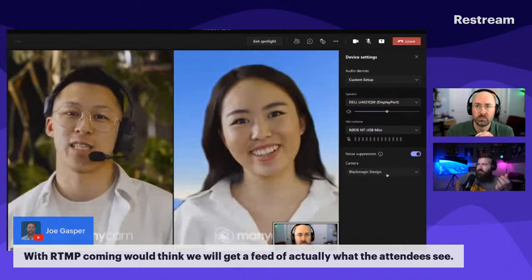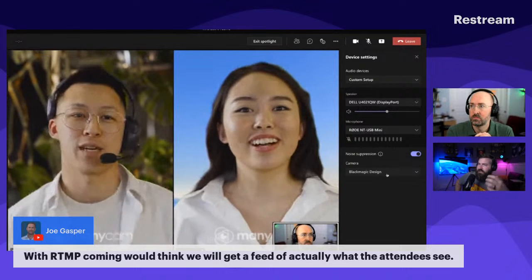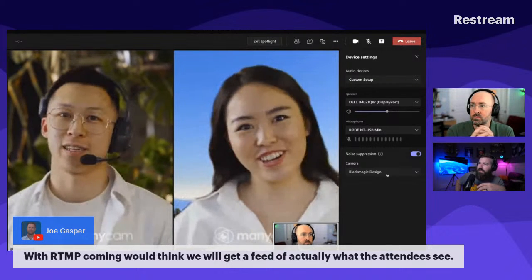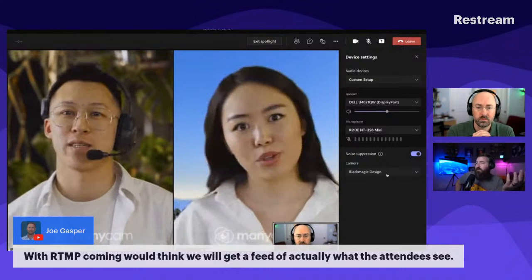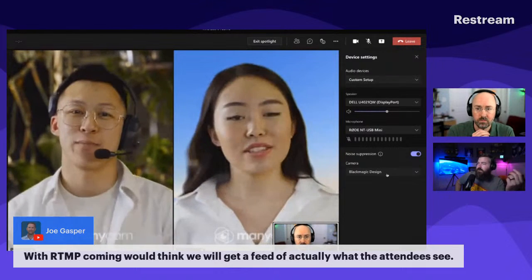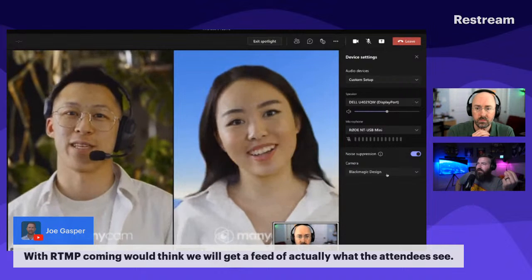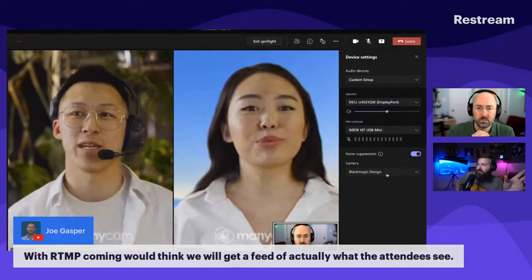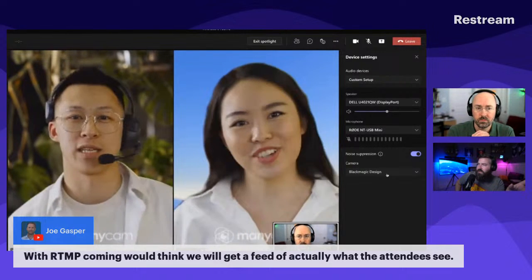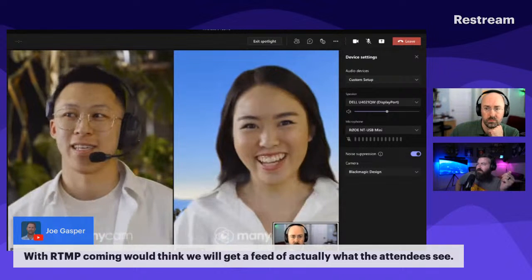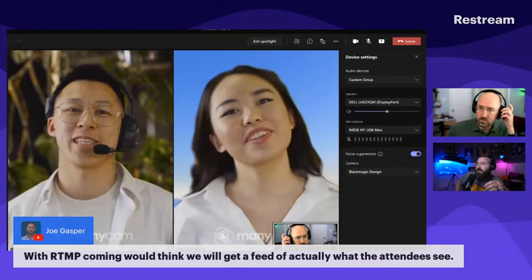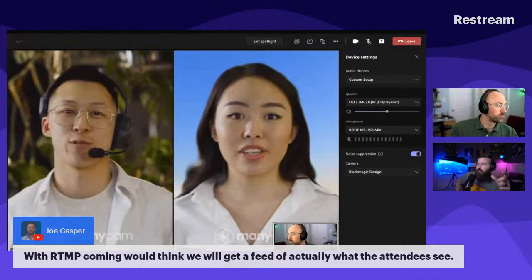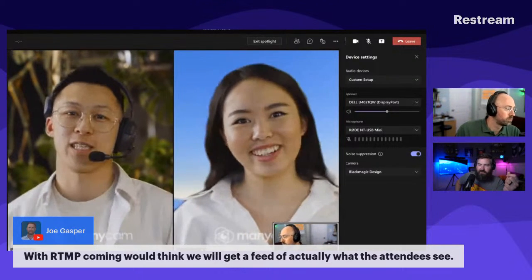I haven't seen what RTMP out looks like, but what you could do is stand up an RTMP server. You can do it with a Raspberry Pi, or on your local computer. And then you could stream the Teams meeting to that custom RTMP server, and even though it doesn't have any watchers, you could just record it that way. So yeah, that would probably be a way we'd be able to do that.